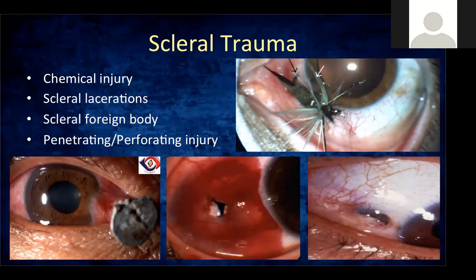Those are your high velocity injuries. They can penetrate both the cornea and the sclera. So again, you can have scleral trauma from chemical injuries, scleral lacerations, scleral foreign bodies. You can also have penetrating or perforating injuries.